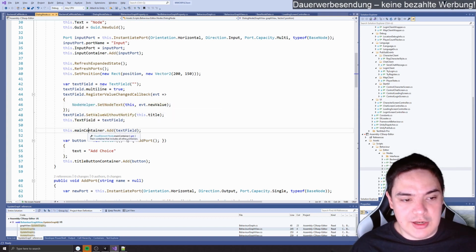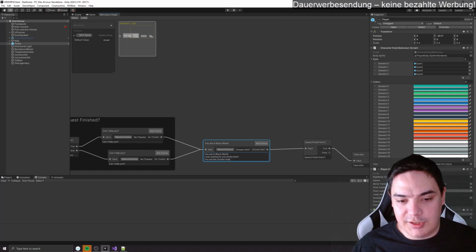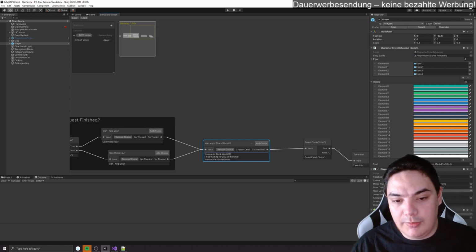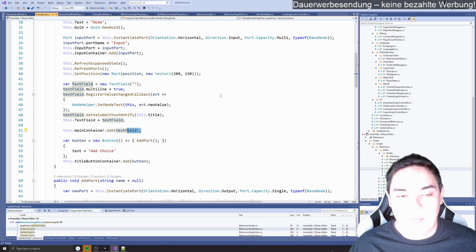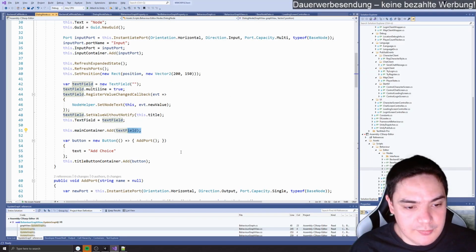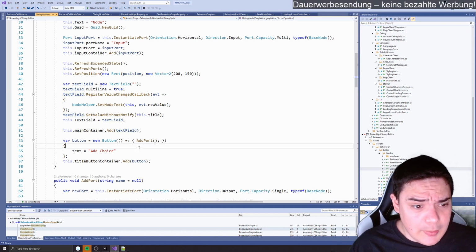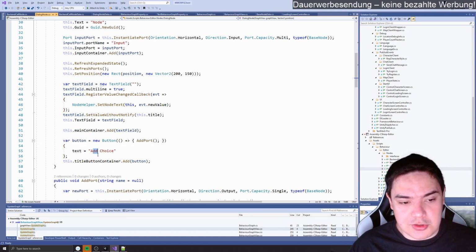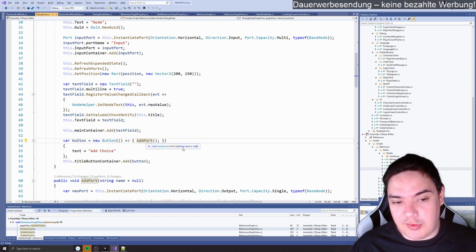And then we add it to the main container. It's not called content container, it's called main container. We add the text field. That's why you see the text field here. And we can write text like that, and it will be set in the node properly. The only thing I do is set just the first line in the title. So when I change the first line, the title will change, else it will look ugly because the title doesn't scale vertically. So we have this button to add choices to the button container, and it just calls add port,